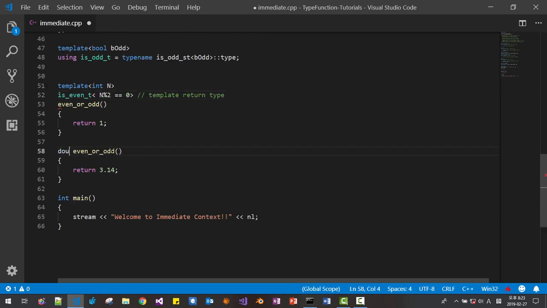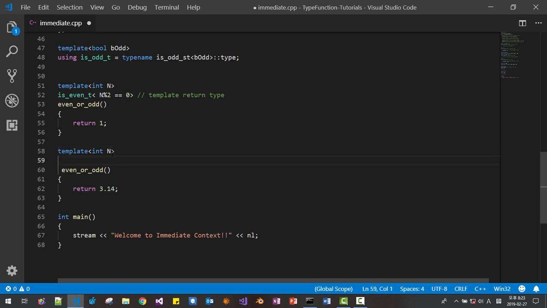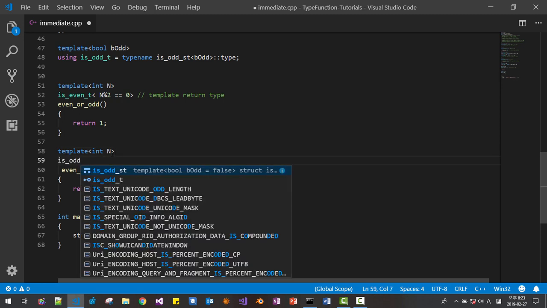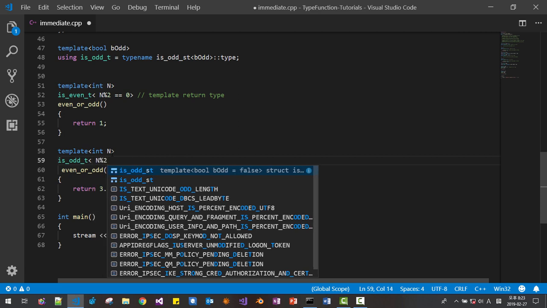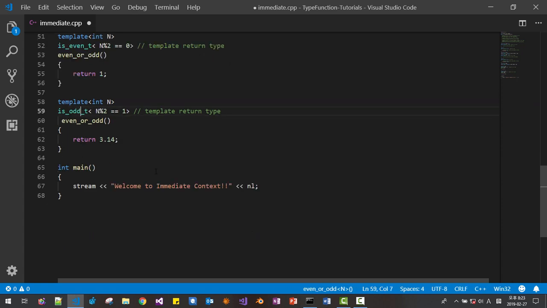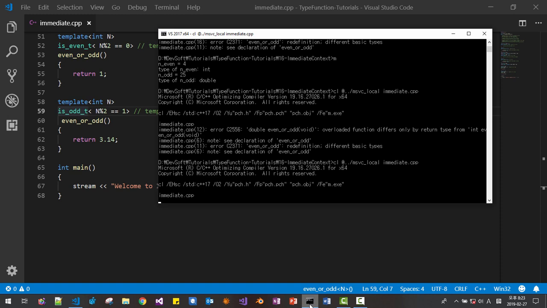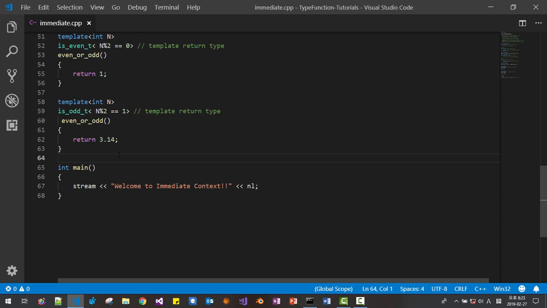Now here: template int n, is_odd_t, n modulo 2 equal 1. Okay, template return type. Now with these two, let's compile. Okay, it compiles.